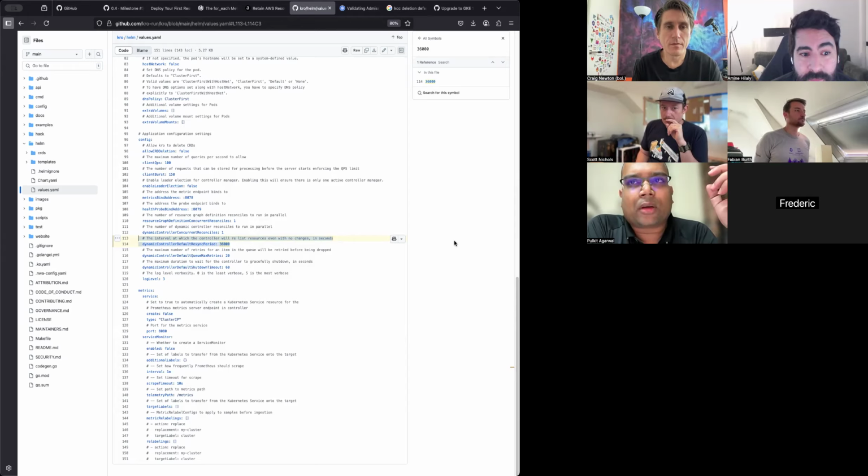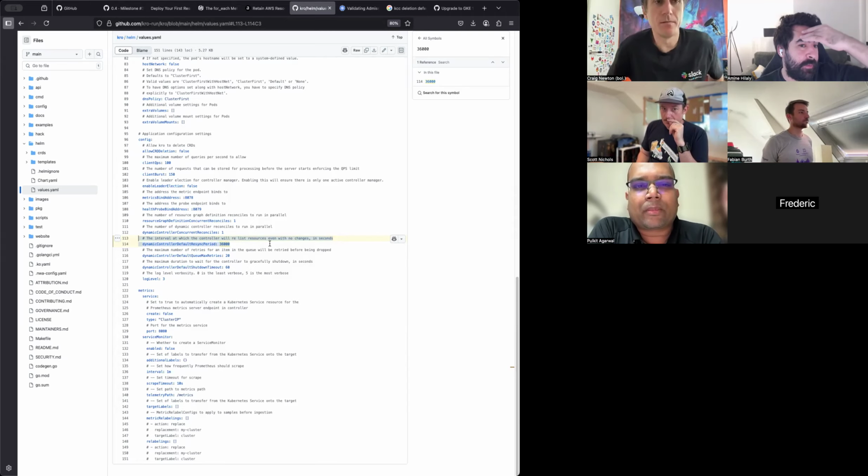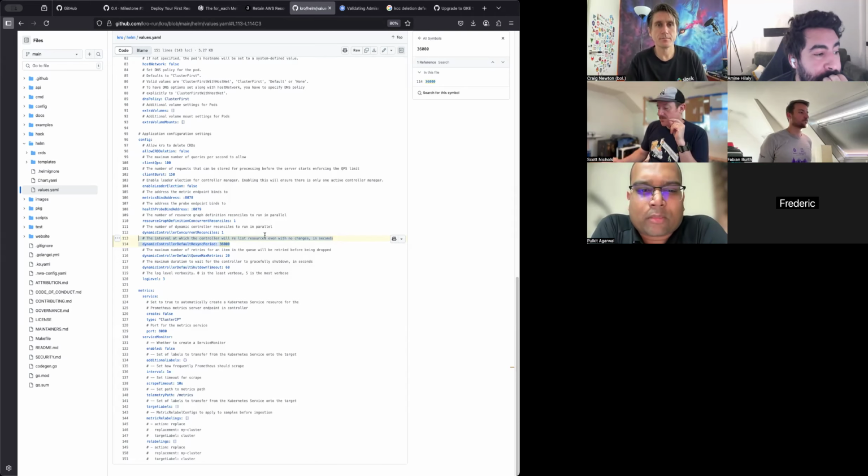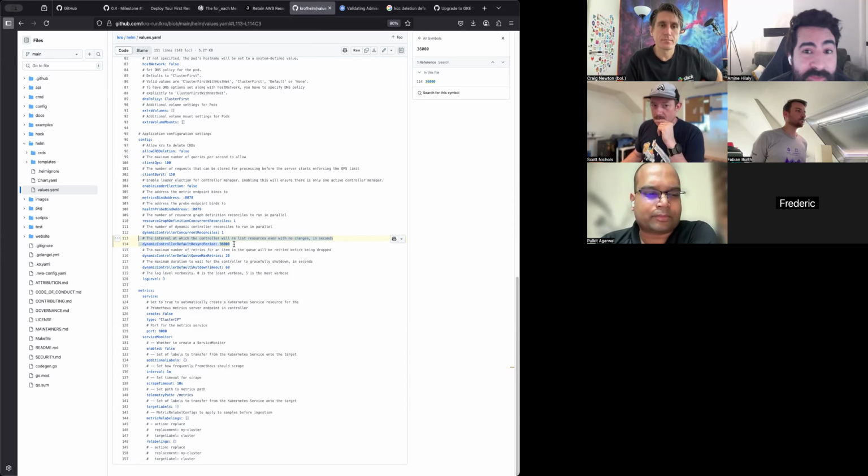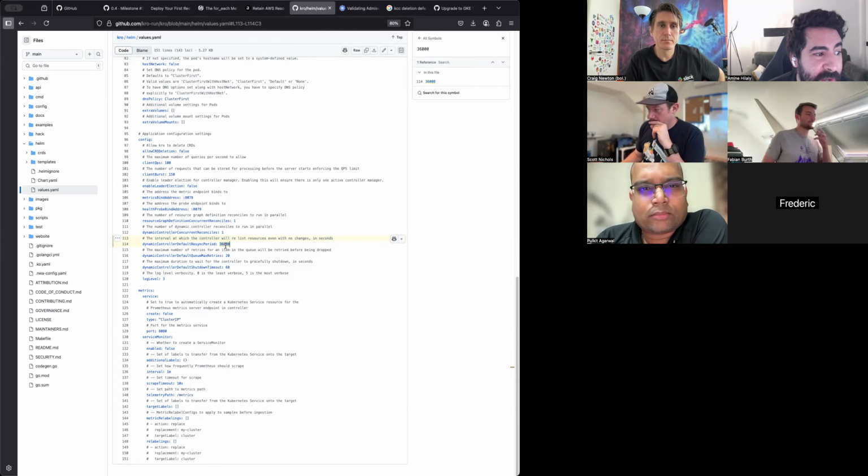Oh, this is a Helm value. Okay. Yeah, I would expect the pod to restart. Unless someone tells me that in the last 2 versions something changed, but I know that changing this value restarts the pod. If you're seeing that